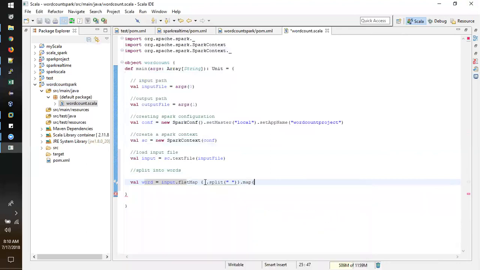Map helps to split the records into multiple. So word will be received and it converts into the key value pair. So word comma 1. Now the record is split, and finally